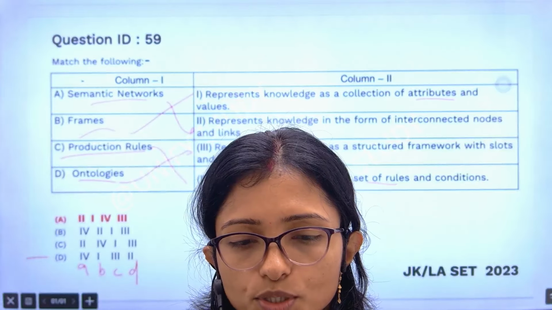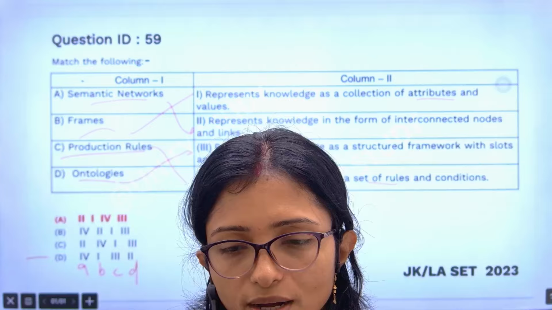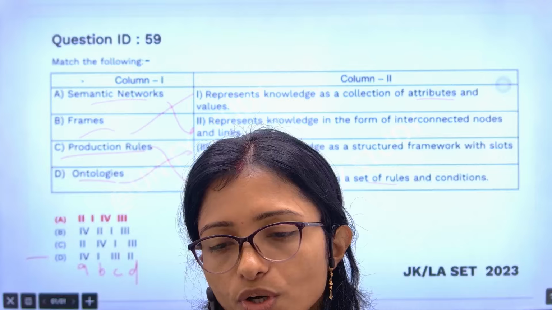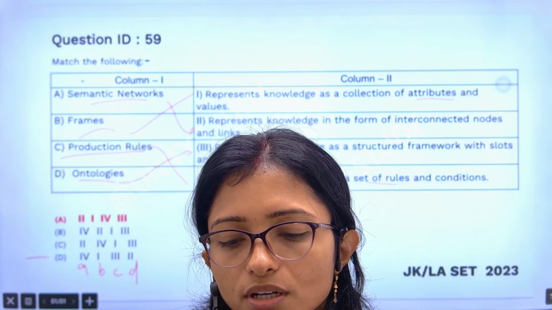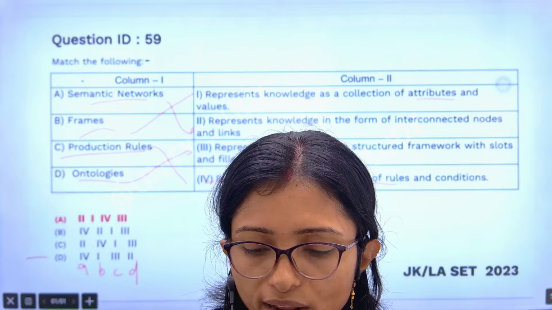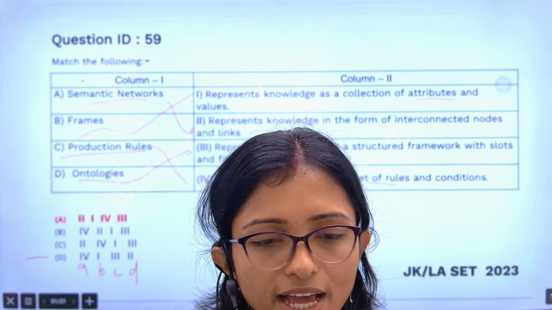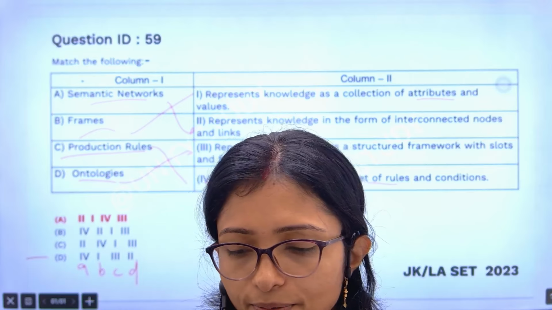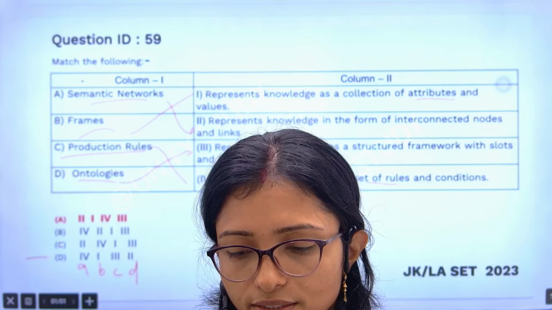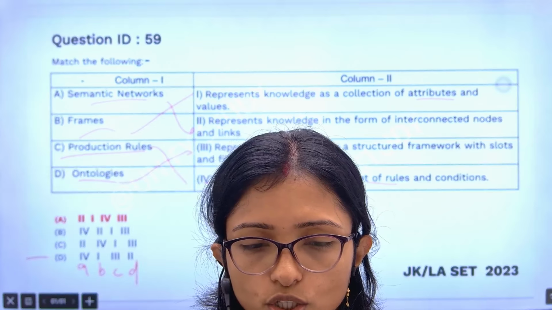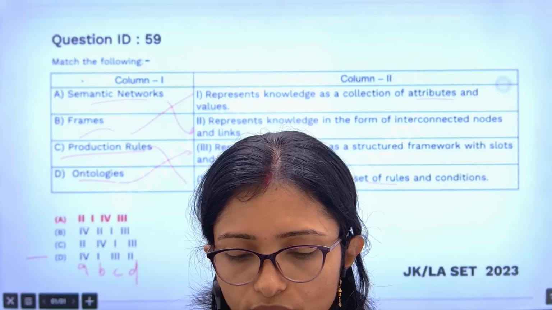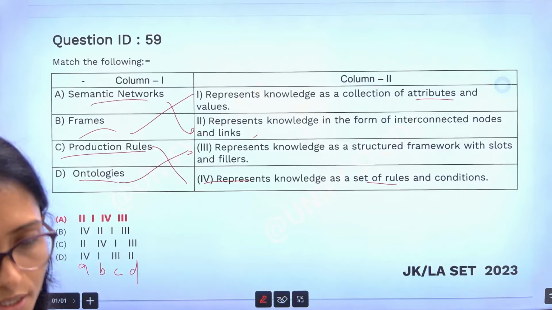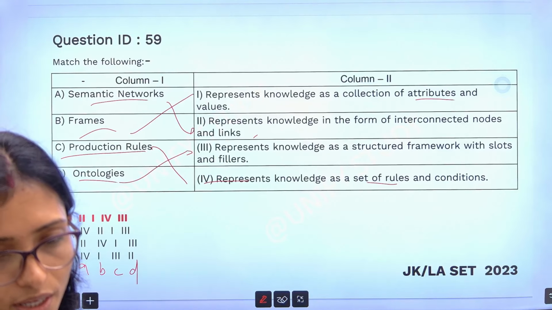Those who are not able to score and those who are not able to come to the leaderboard also, you have to learn more, you have to practice more. Don't try to memorize the answer key. Don't think, okay, I will collect the PDF and my learning is done. Try to learn. Try to spend some time with the topic. That's most important. If you are not spending time with the topic, then your learning is not done. Okay.